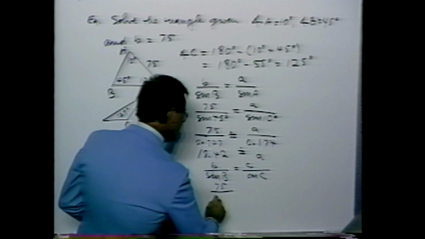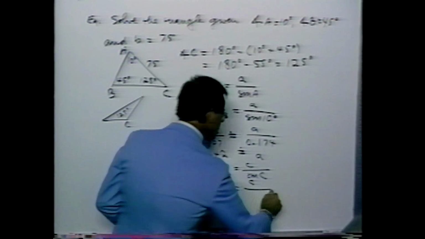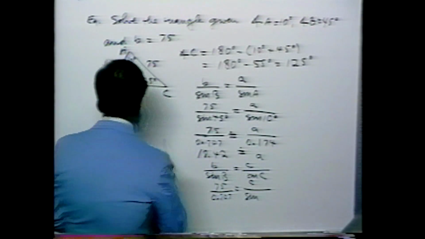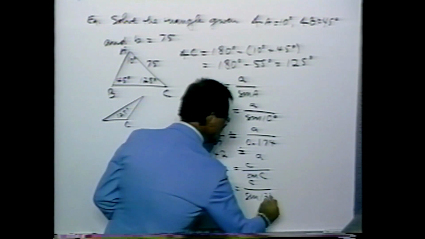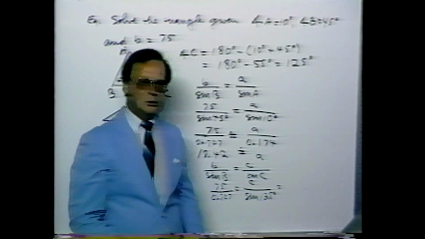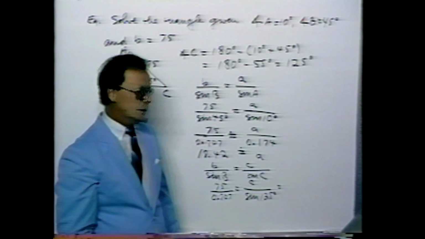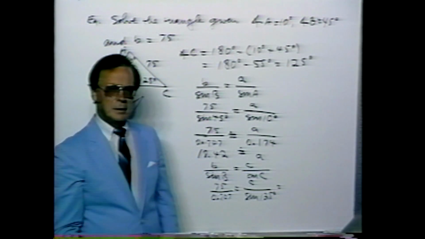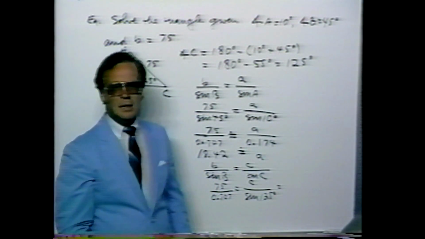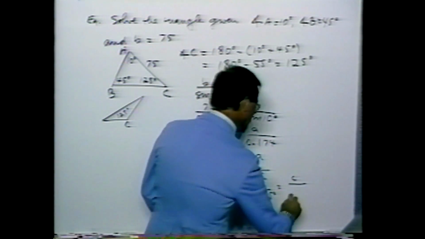75 over 0.707, we have already established. c is not known, and we write now the sine of angle C, which is 125 degrees. Now, as far as the sine of 125 degrees is concerned, that is a second quadrant angle, and its algebraic sign is positive. We can replace the 125 by its related acute angle in the first quadrant, but that isn't necessary. Your calculator will handle